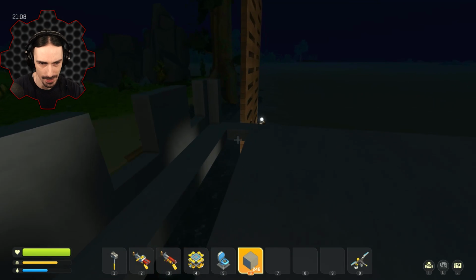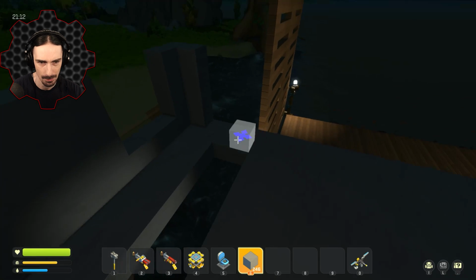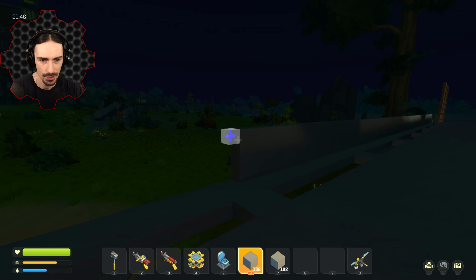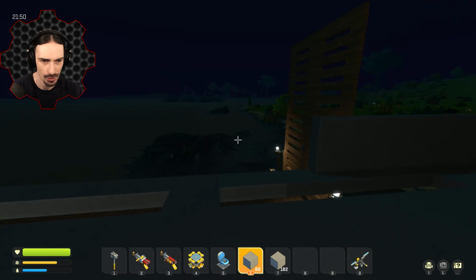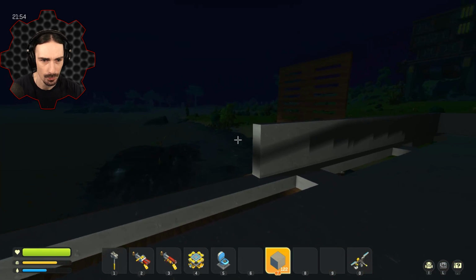All right, well, making these actually got me a whole lot of concrete back. So we might be able to pull this off with the concrete that we have. All right, I made all the machicolations, and it got me almost 2 more stacks of concrete. So I'm going to try my best to just drag this out until I run out of concrete. And then when I run out...